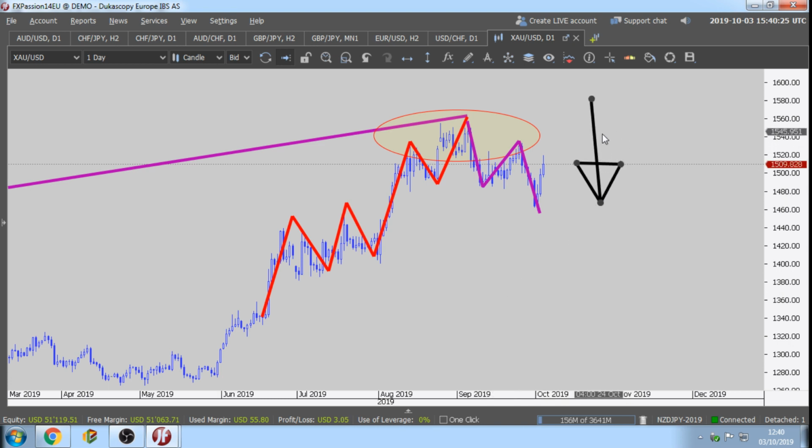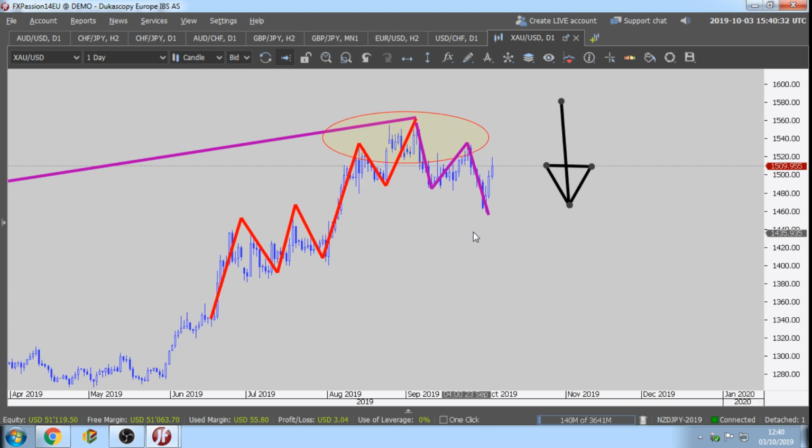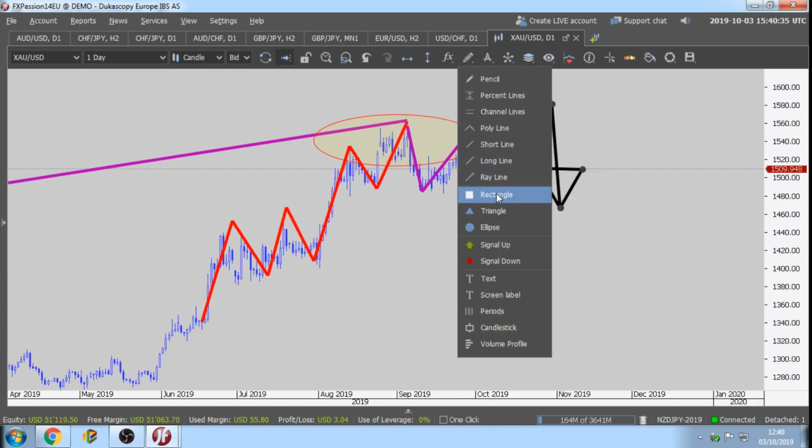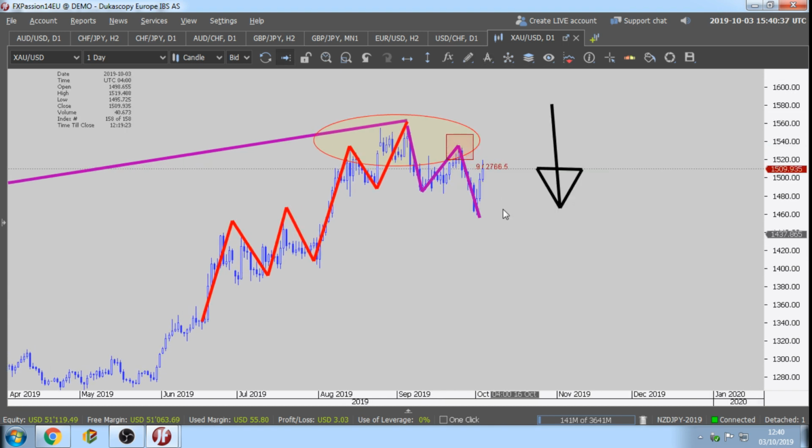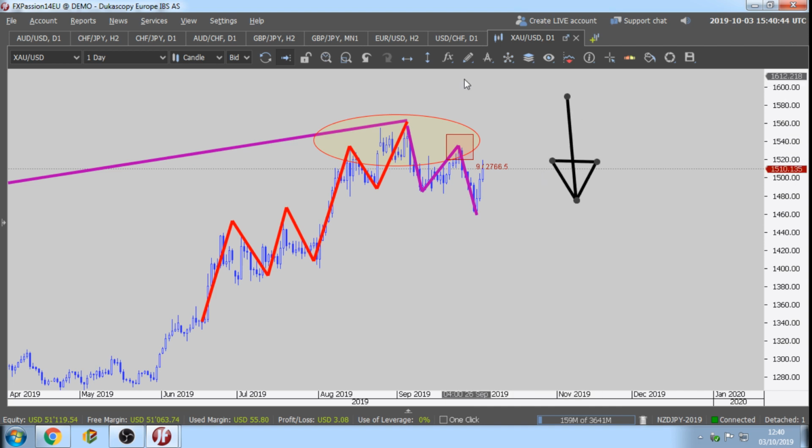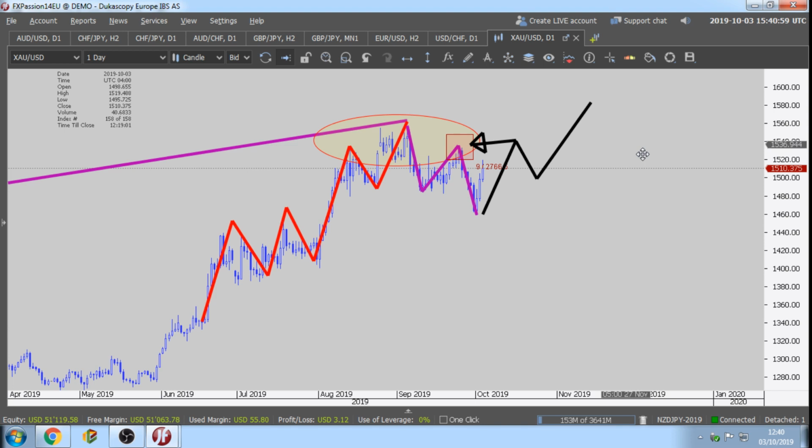Augustinas, okay? Do you have any questions? Short term, the structure, the short term trend is down. It's making lower lows, lower highs. Now, when the market is going to break, and most likely we are going to see this tomorrow with the non-farm payroll news event, but this is speculation, Augustinas. If the market is going to break this high, then it's going to retrace and move further up. But so far this is pure speculation.